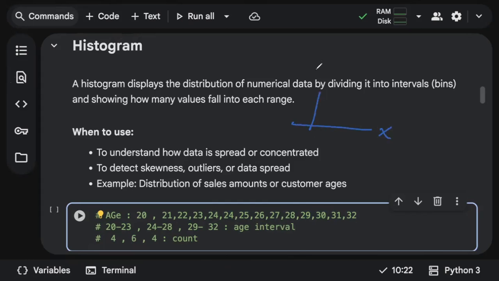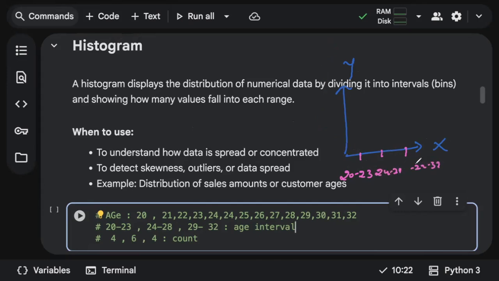Let's say, for example, this is the x-axis and this is the y-axis. So the histogram will take the age intervals. First interval, second interval, third interval. The first interval is 20 to 23, then 24 to 28, then 29 to 32.